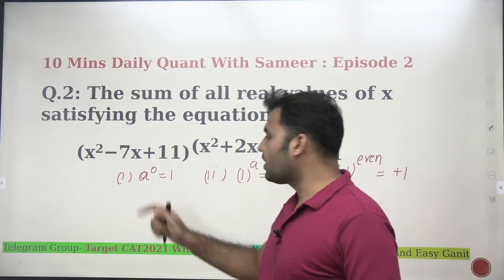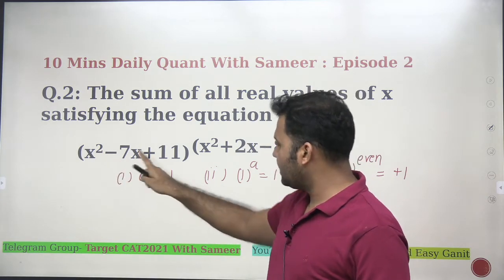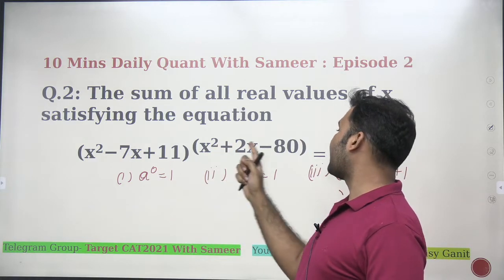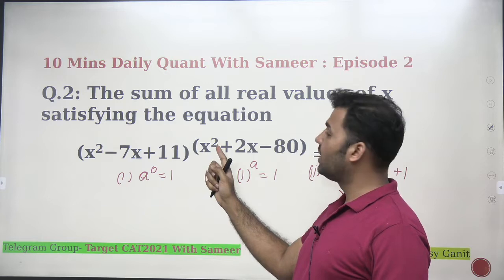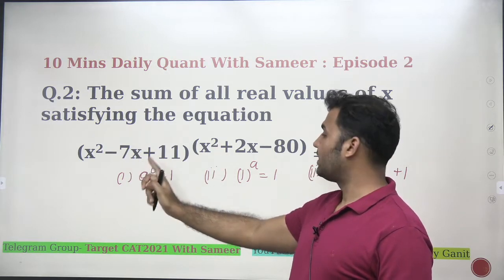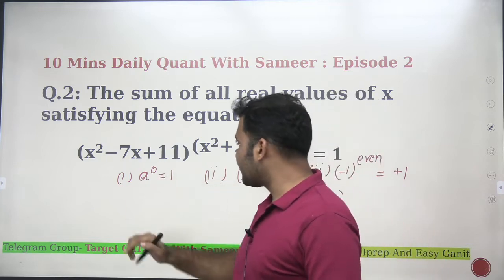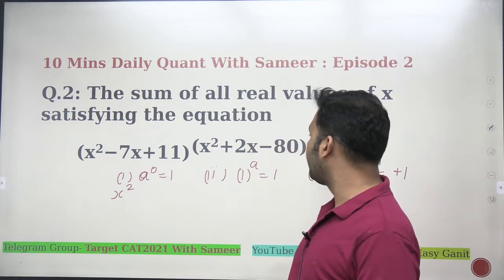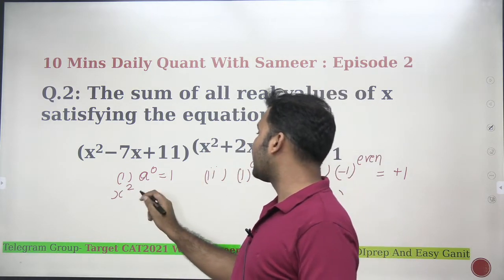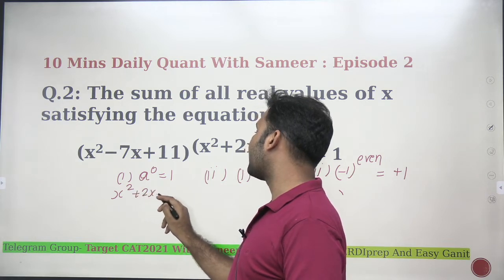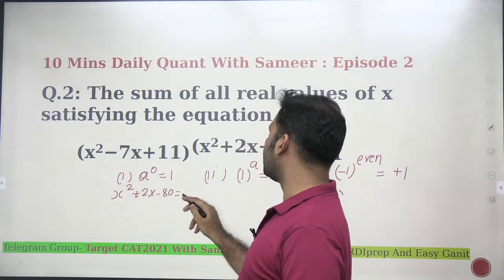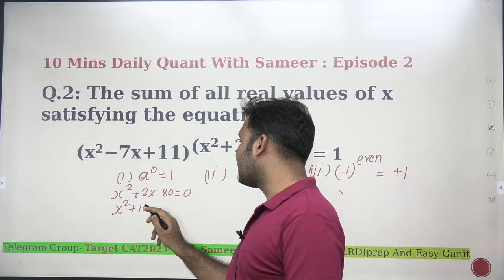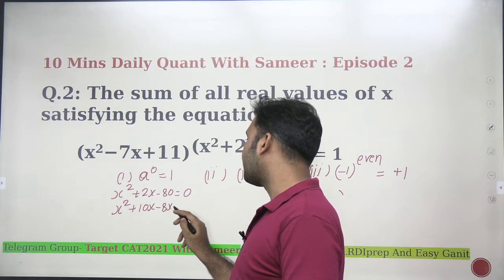Now, if I look at the case 1 here, that anything raised to power 0, that means if I can find out the values of x for which this expression will be equal to 0, whatever I have in the base, that value will definitely be equal to 1. So the first is a case where this power should be equal to 0, right? Let's see what are the roots I will be finding if I put this power equal to 0. That means x square plus 2x minus 80 is equal to 0. For this, the factorization form of this quadratic equation would be x square plus 10x minus 8x minus 80 equal